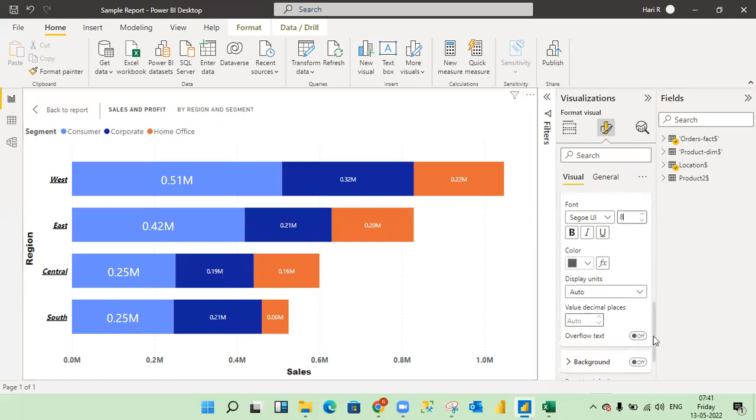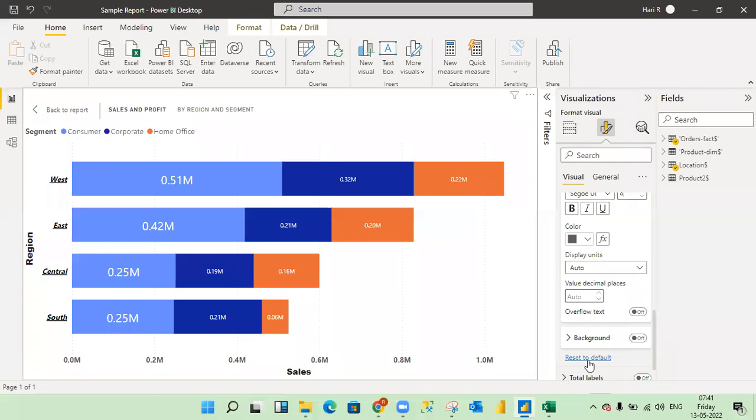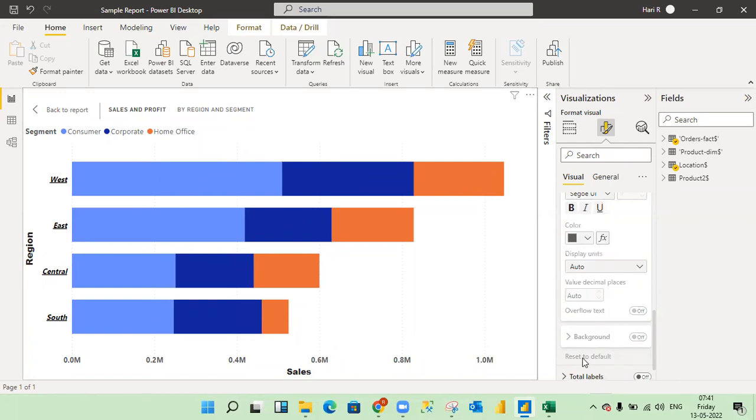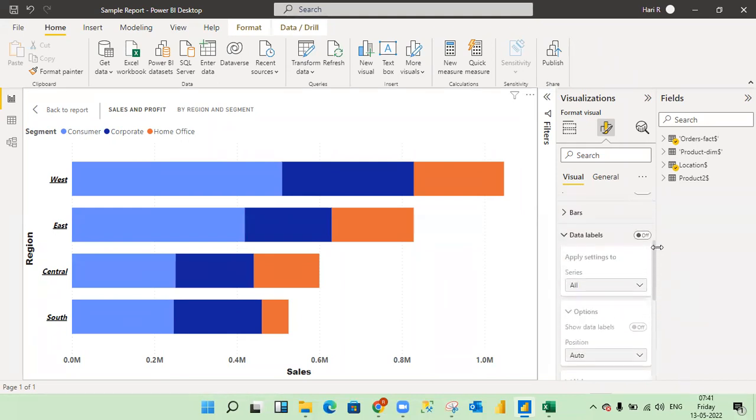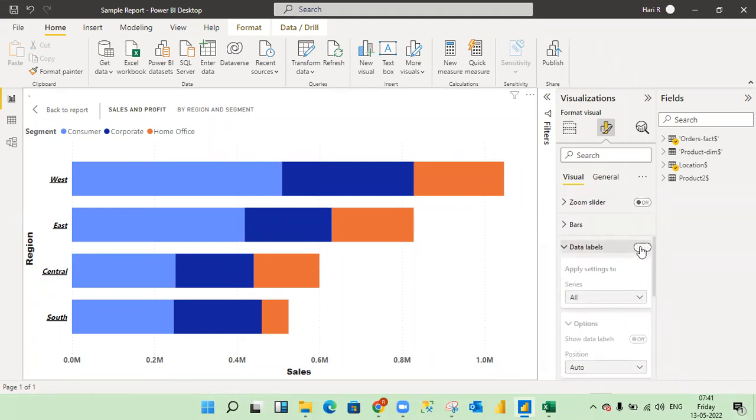Okay, reset default, because it's not decreasing. I'll put it back, reset default. Okay, default it's off. Again I'll go and I'll put it on, this data labels. Now you can see